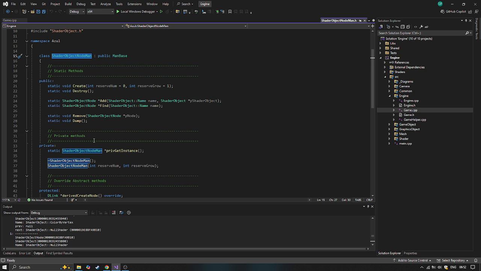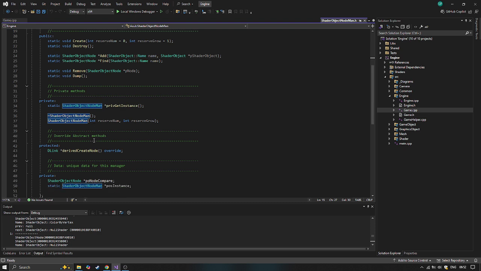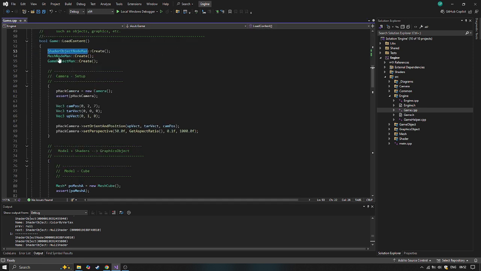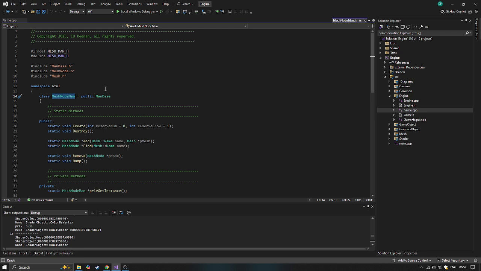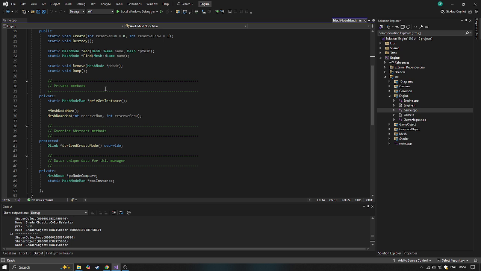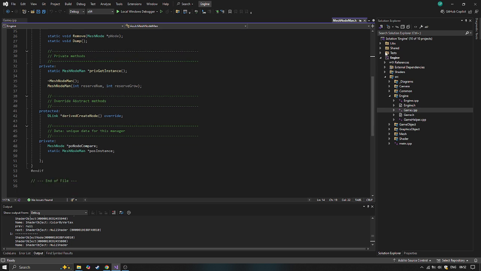This one is the shader node. So here comes the shader with the different colors, and this one was a mesh node. So here we create the mesh,